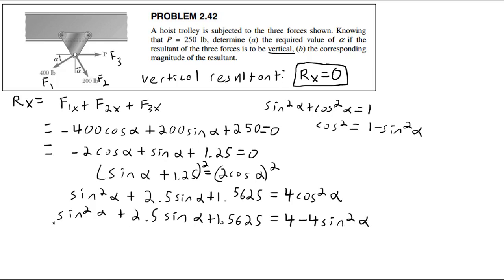Then we can gather like terms and say 5 sine squared alpha plus 2.5 sine alpha equals that minus 4,